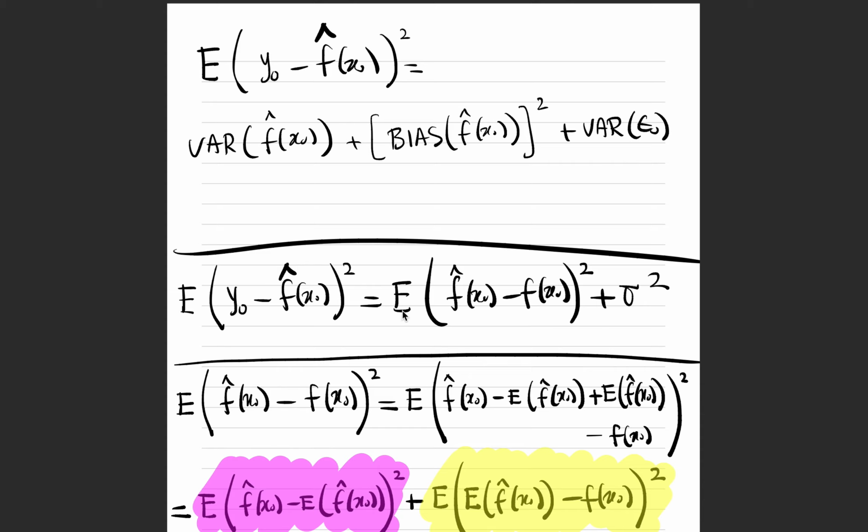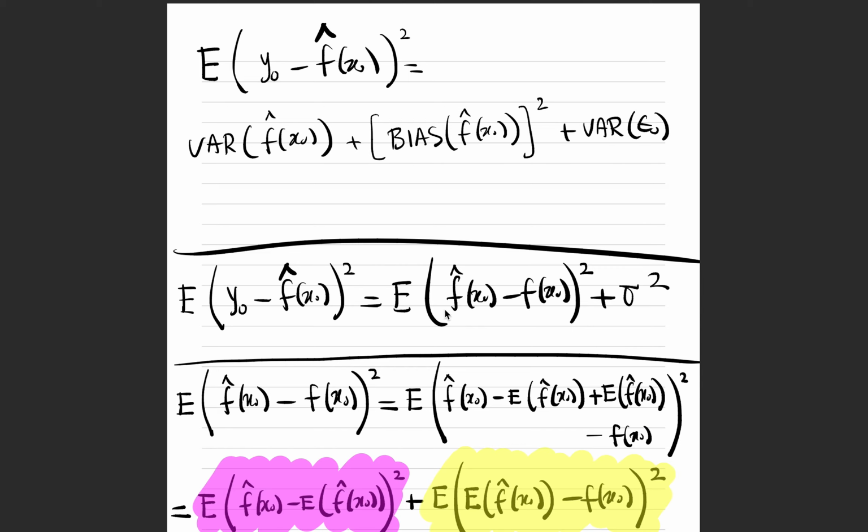In the previous video lecture, we showed that the expected value of the test MSE can be written as the irreducible error, which is the variance of epsilon